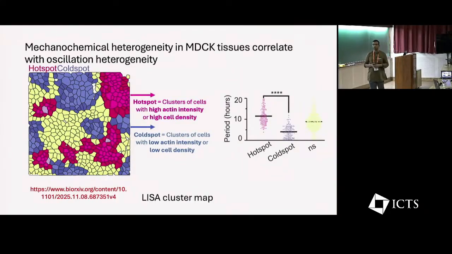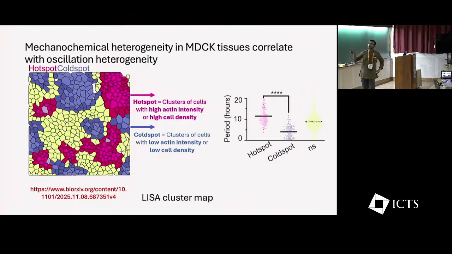All of this started when Medhavi showed me this plot. This is a snapshot from a real experimental system, MDCK cells. The cells have been clustered according to their density or according to their actin concentration. What you see over here are these pink cells which have high local cell density and also high actin concentration, and the blue ones which have low actin density as well as low local density. What is unique about this is it's as if there is a phase transition or phase separation between the high density and the low density regime.